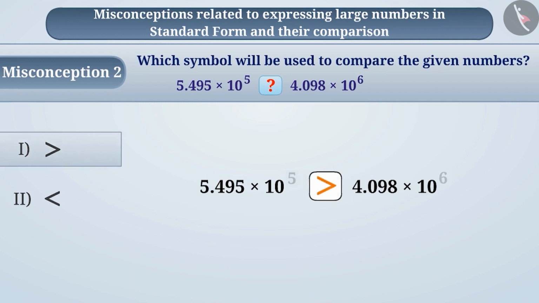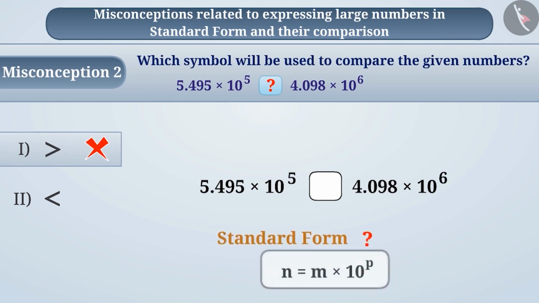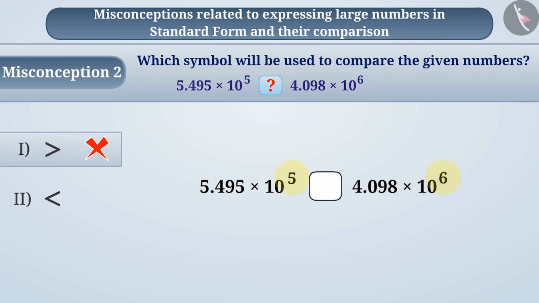In order to compare correctly, we first check whether the two numbers are in their standard form or not. If the numbers are not in the standard form, then we convert it into the standard form. Next, we observe the power of 10 in both numbers and find out which number has a greater power of 10 and which one has a smaller. For example, here, the power of 10 in the second number is greater than the power of 10 in the first number. In such a situation, we can say that the second number is greater than the first number.